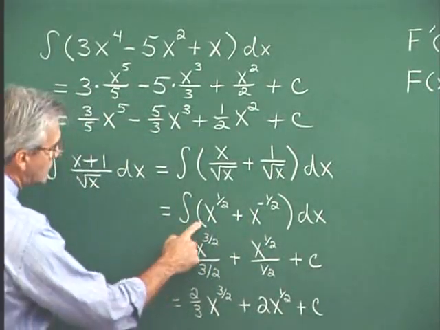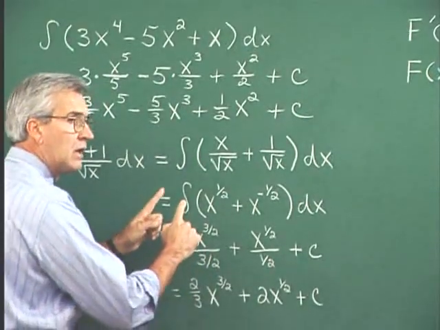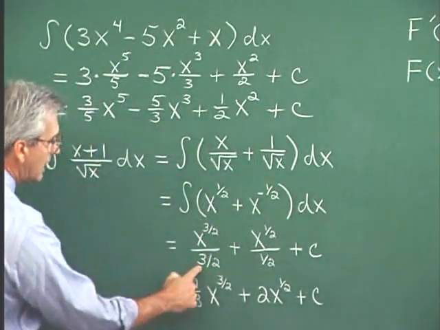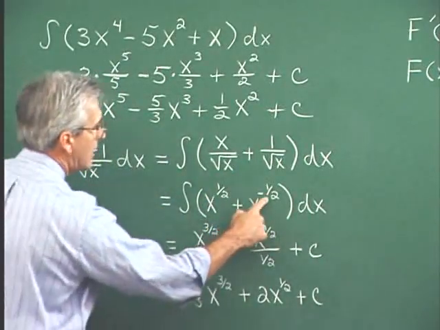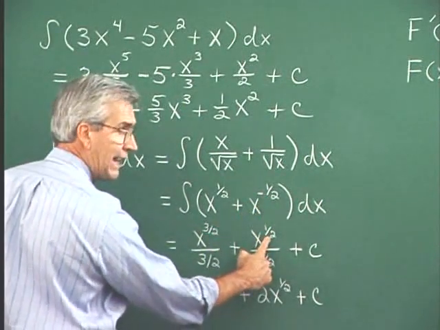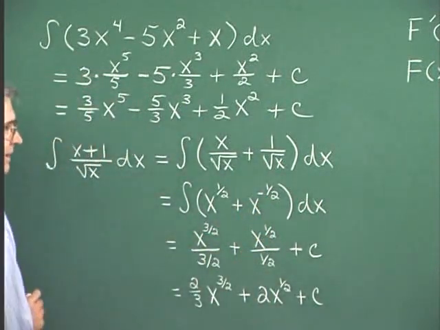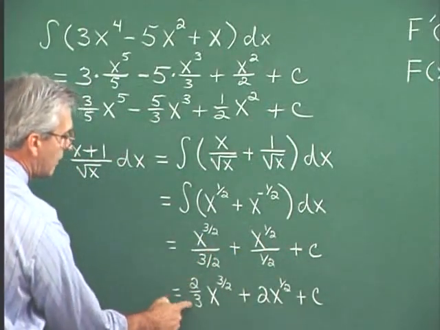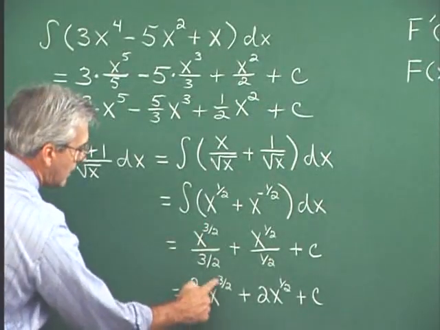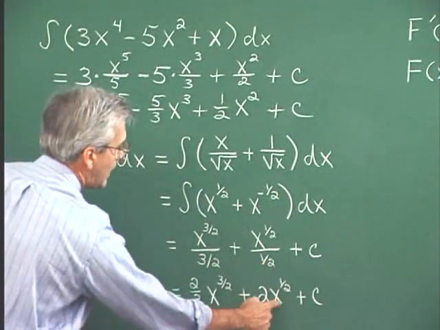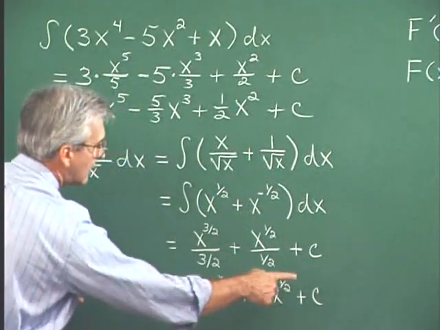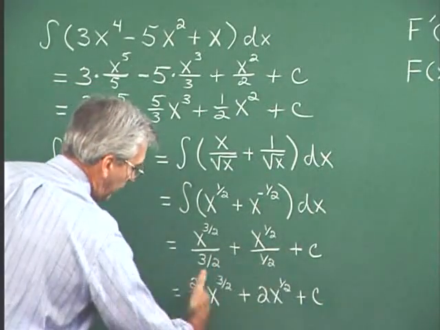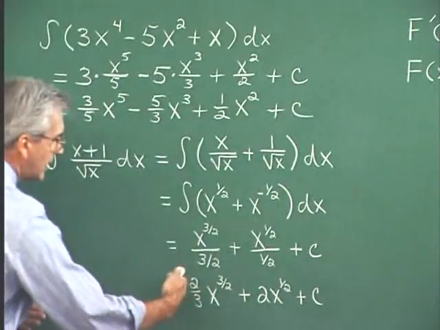We have, well, let's see, this is x to an exponent which is 1 larger than this. 1/2 plus 1 is 3/2, and then over 3/2. And then here add 1 to negative 1/2, and we get 1/2, and then in the denominator 1/2, and then plus c, and we're cleaning both of these up. This 3/2 becomes 2/3 as a coefficient, x to the 3/2, and then this becomes 2x to the 1/2 plus c. We could pop in our radicals here. We could use the radical form for these fractional exponents if we want to,